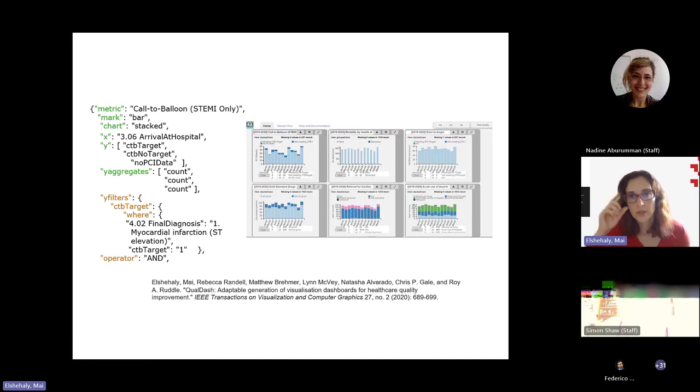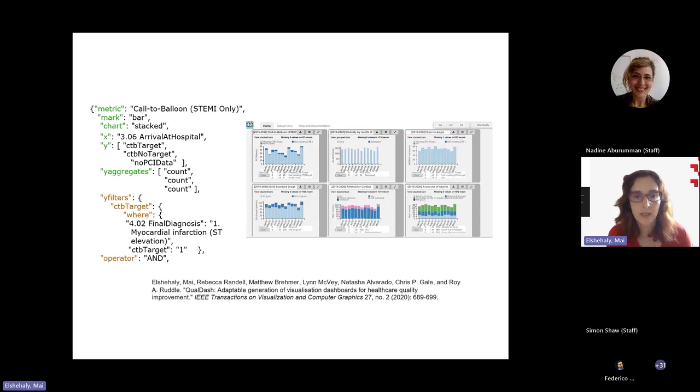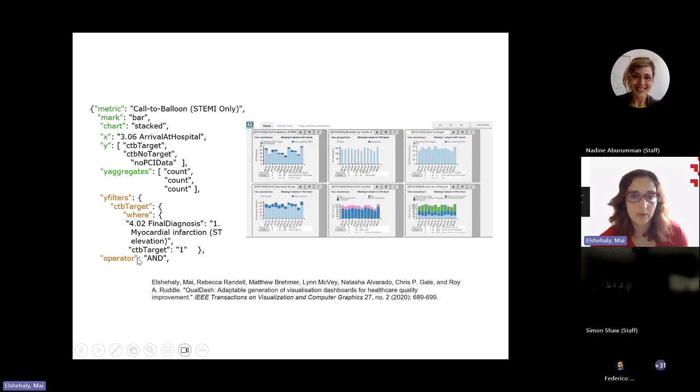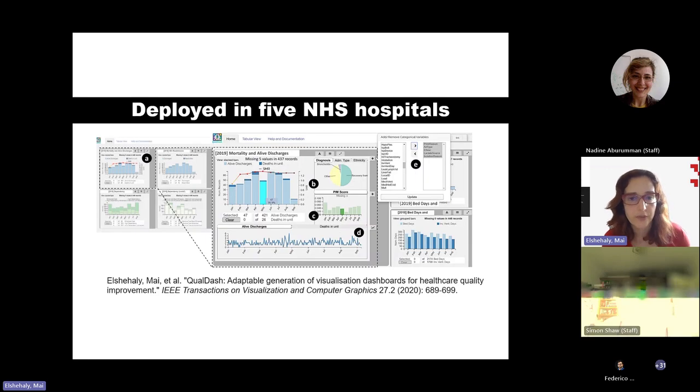So that kind of allowed us to have a nice level of control over the adaptability. Every time we were adapting this to a different hospital, we were basically going into this JSON file and adapting it to what the people within this particular unit in the hospital wanted to see. But once the dashboards are generated, they didn't need to do much other than explore around and tell us what they can get from these dashboards. So definitely didn't have any learning curve for them. And we thought it was a really good success story.